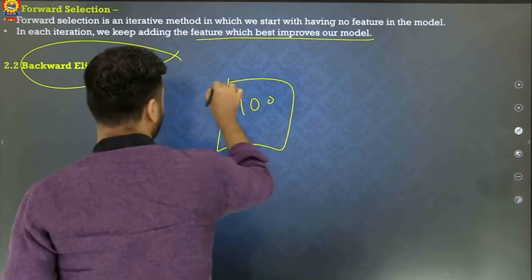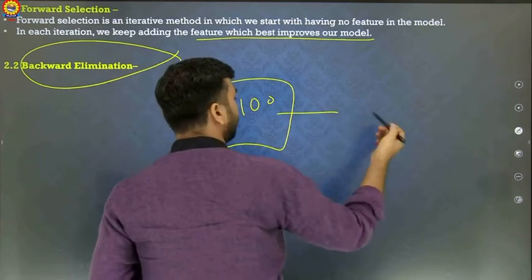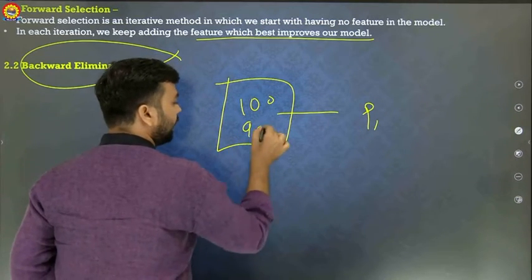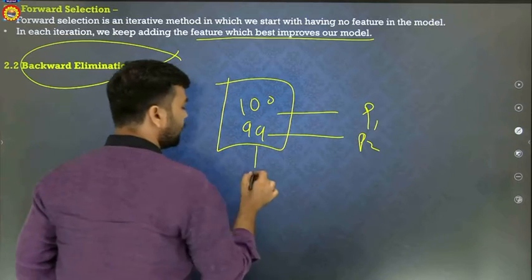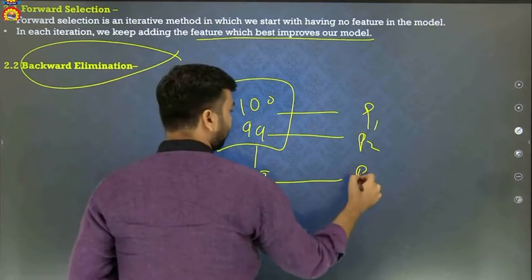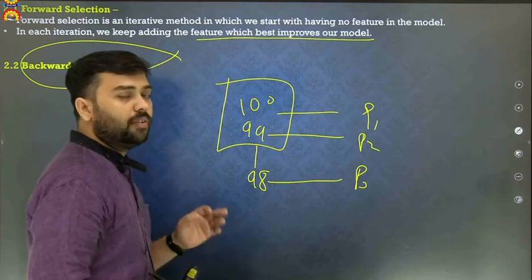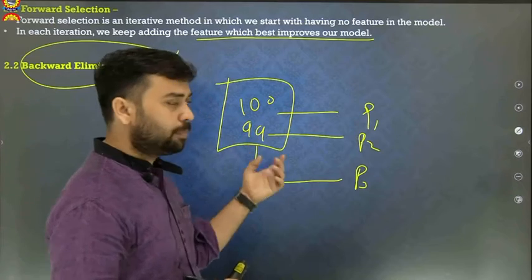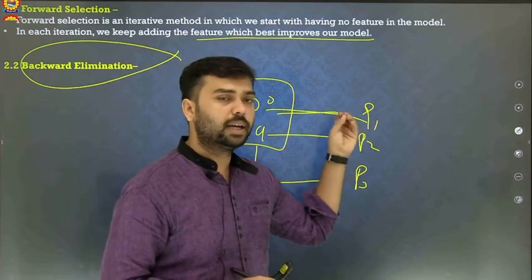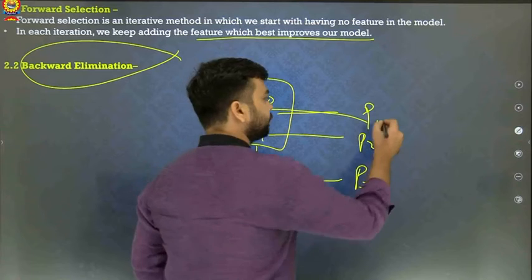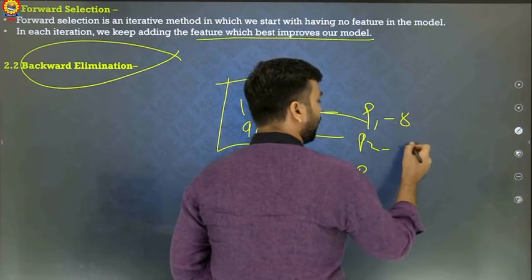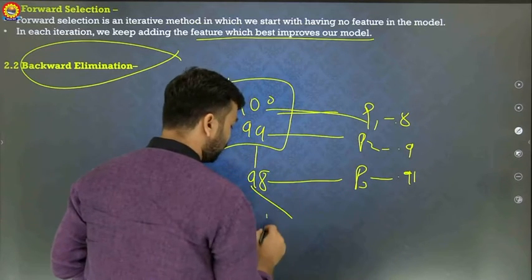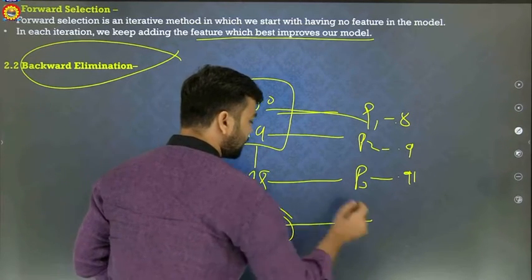take all 100 features and compute the performance. Then we decrease it to 99 and again compute the performance. We decrease it to 98 and compute the performance again, until the performance stops improving. Suppose performance P1 is 0.8, here it is 0.9, here it is 0.91, and suppose we reach 50 features remaining